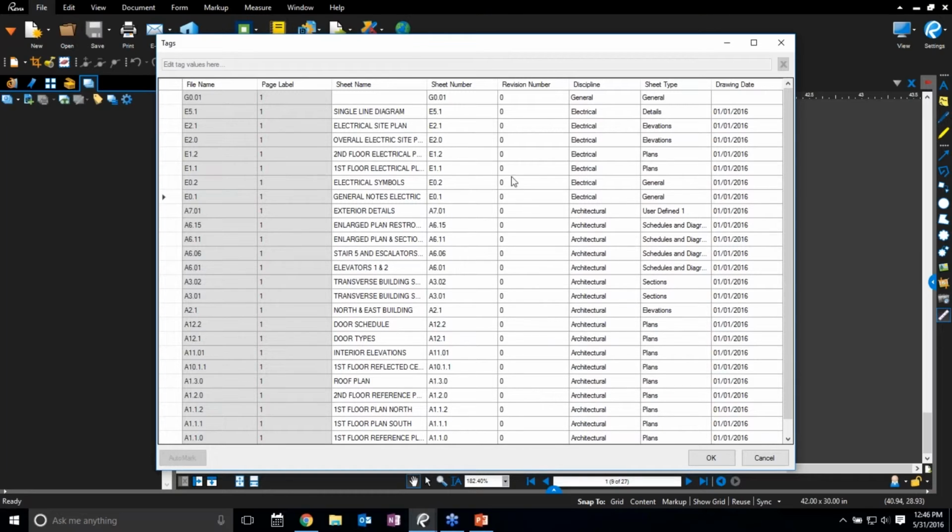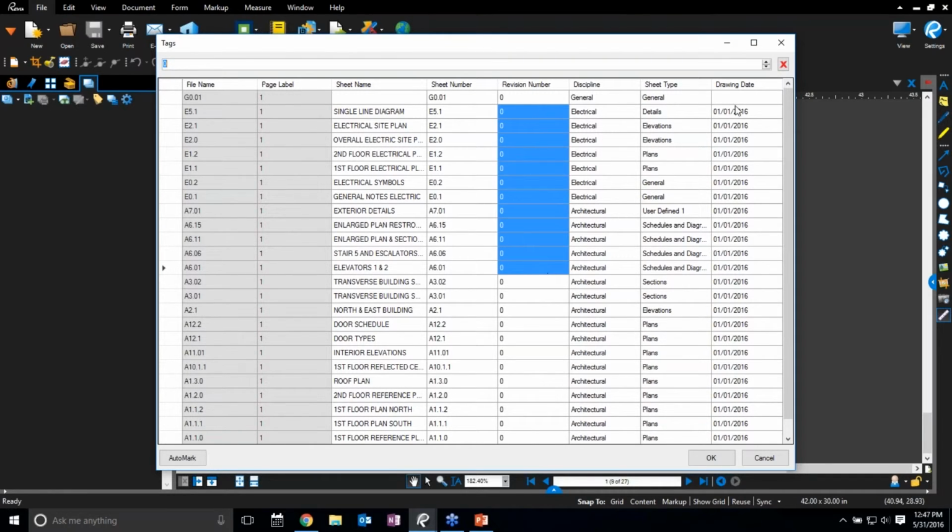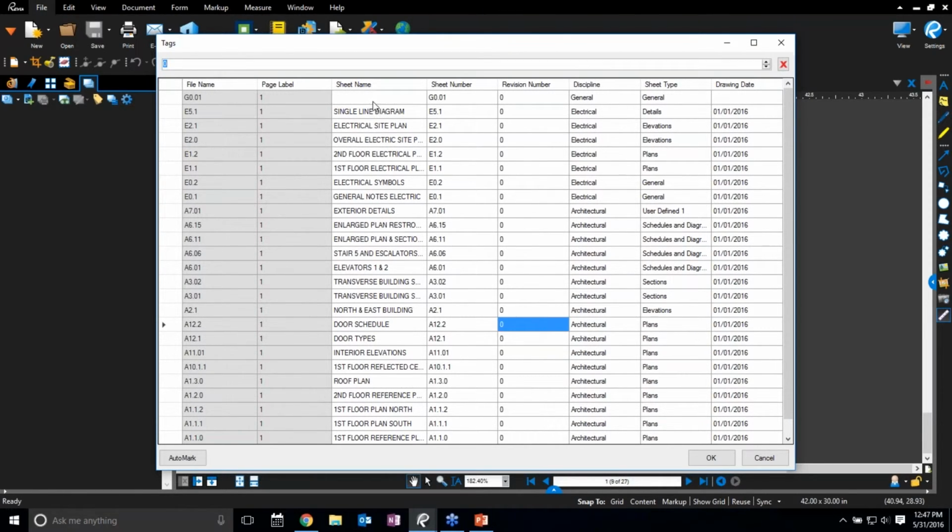I go ahead and click OK, and those will now redefine for me and define the discipline and sheet type based on that information as well. Now all these default to the Rev 0, which is intentional. That just assumes that these are all kind of baseline files. If they were not, I could go ahead and select them and, for example, use the number counter to change